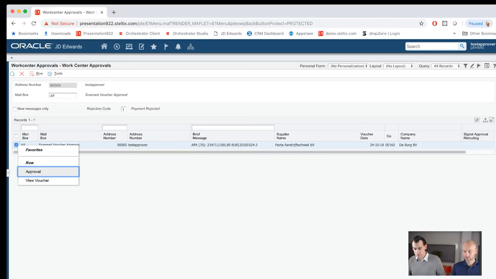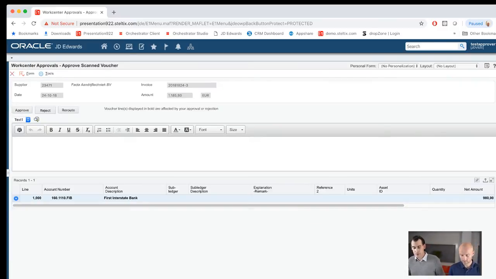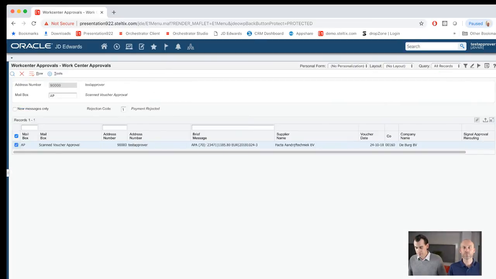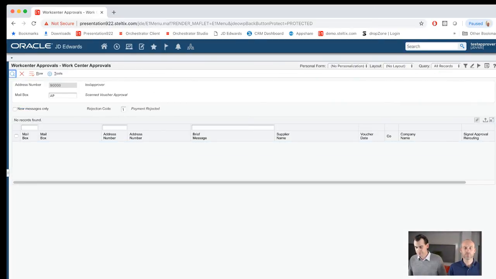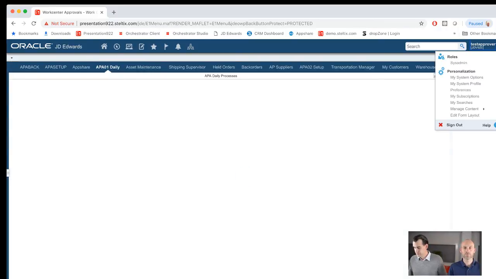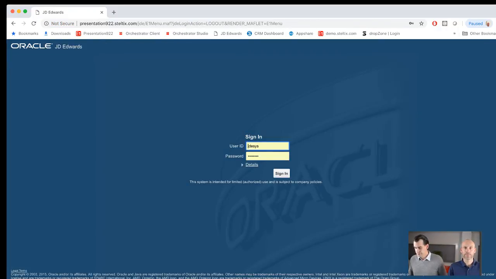And I go to the approval, and in the approval, I can choose either to approve it with a remark, to reject it with a remark, or to reroute it. If there's an invoice that's not particular for me, I can say, hey, please move it to this list, because it's more appropriate for them to approve this than for me. In this case, I approve it, and underneath you also see the details with the GL account. Can also be interesting. I approve this invoice, I press find, and it is gone here. I go back to my own user.